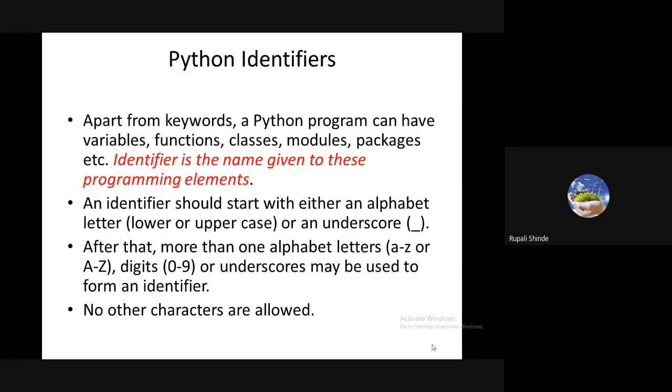Identifiers are nothing but whatever name we have given to the module, package, class, function, variable, or structure. Whatever name we have given to that respective terminology, it is nothing but the identifier. For example, suppose I have created the variable integer a, then a is the name of the variable, and that name is nothing but the identifier. By using that name, we can identify the respective term, whatever name we have assigned to that particular term.